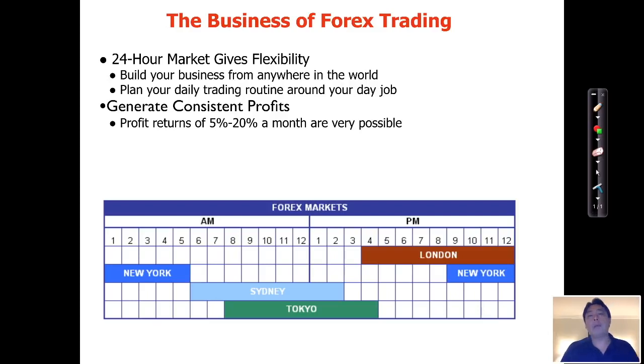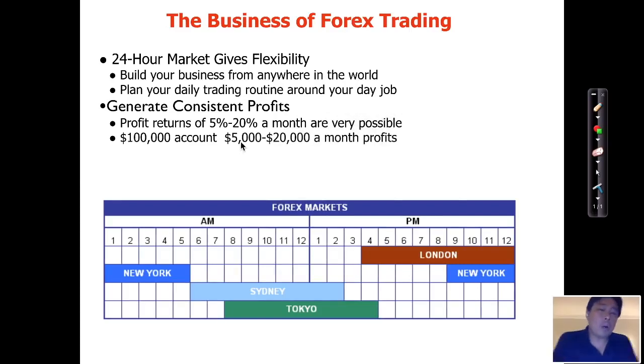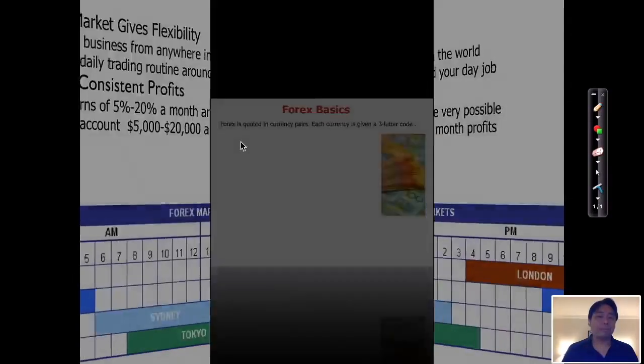And what it means is that you can buy $1 million US dollars worth of currency without having $1 million US dollars, right? In fact, you just need less than 1% of cash in order to take a $1 million position. So even if the price of the US dollar moves by just a bit, like moves by 0.001%, that equates to even a 10% return on your investment because of the leverage factor, okay? So for a $100,000 account, for example, you can easily generate 5 to 20 grand a month in profits. Again, when I say easily, means you have mastered the skill, okay?